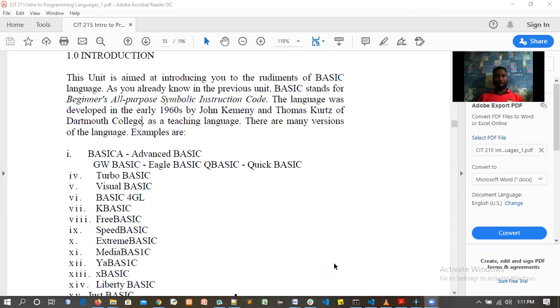I'm going to repost what I posted there before. We said we're going to be discussing BASIC today. BASIC is an acronym for Beginners All-Purpose Symbolic Instruction Code. It was developed in the year 1960 by John Kennedy and Thomas Coates in Dortmund College, but now it is referred to as Dortmund University. There are different versions of BASIC. When you check your Moodle,